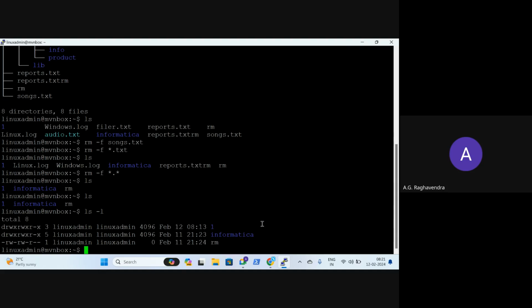For example, using an editor called nano. Nano is a built-in editor like a notepad. Using that, you can create a file or edit the file. I'm going to create a file called resume. I did not put .txt or .doc.